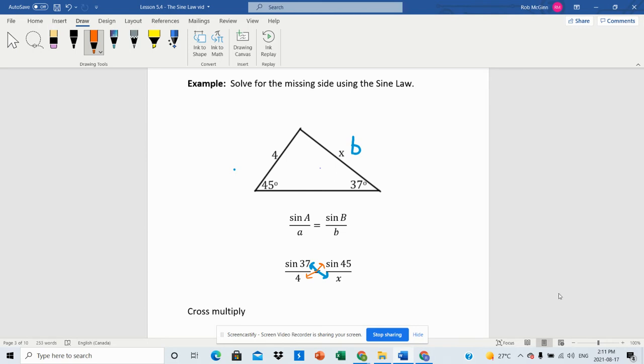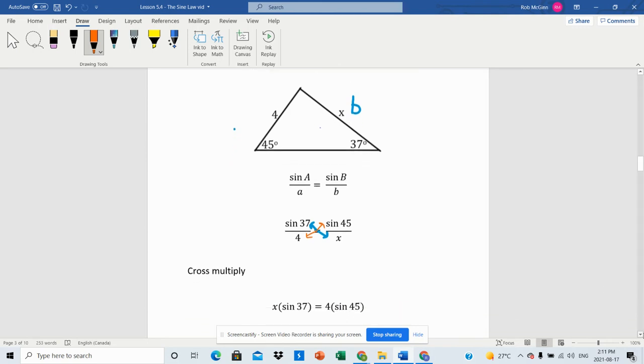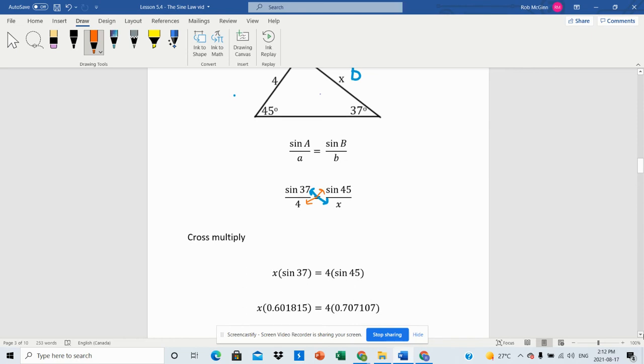So when we cross multiply, well, sine 37 times x is going to give us x times sine 37. We're going to set that equal to 4 times sine 45. Now we're going to solve for x. In order to do that, our first step here is to find our decimals. So we're going to, in our calculator, put 37, then hit the sine key. And that should give us